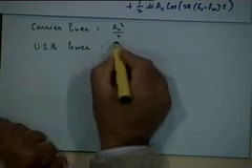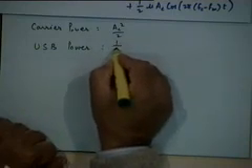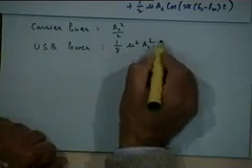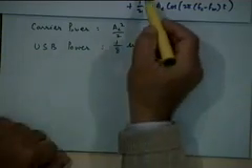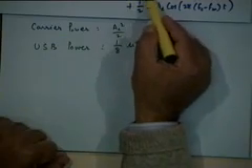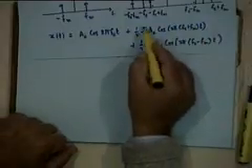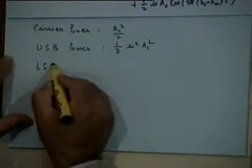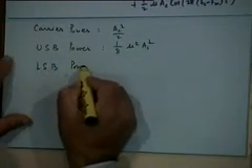This will be 1 by 8 mu square A sub c square, right, half of the square value of this amplitude. Similarly, the lower sideband power would also be the same,